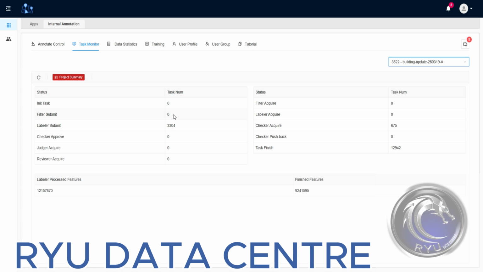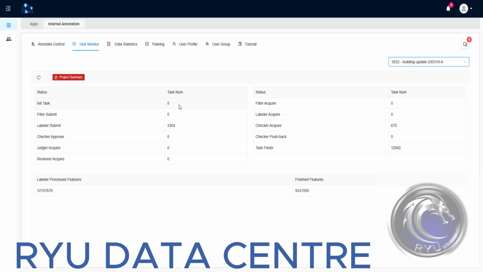A little reminder: if those numbers are on the filter side, you will have to ask your admins first if you are allowed to work on the filter side, because sometimes we are not allowed to work on the filter side.